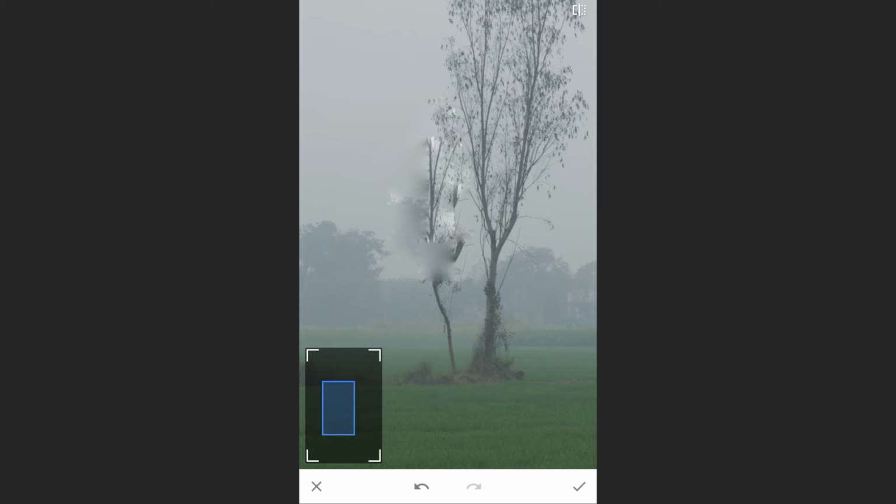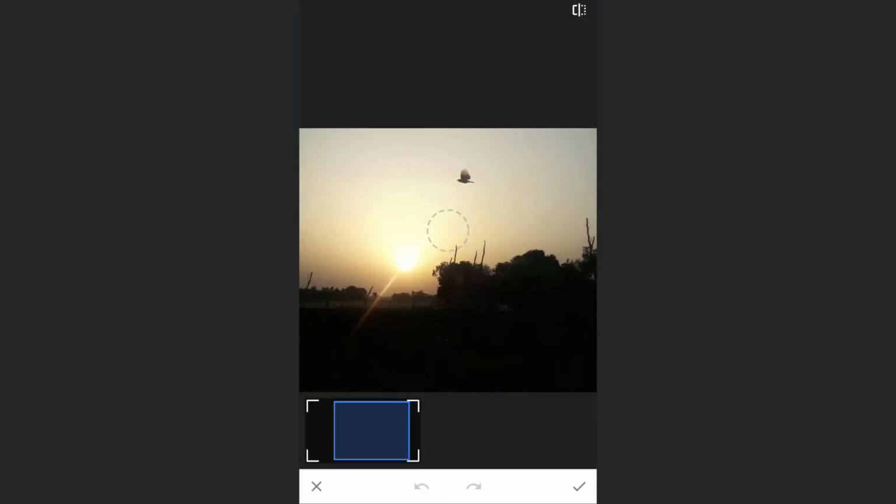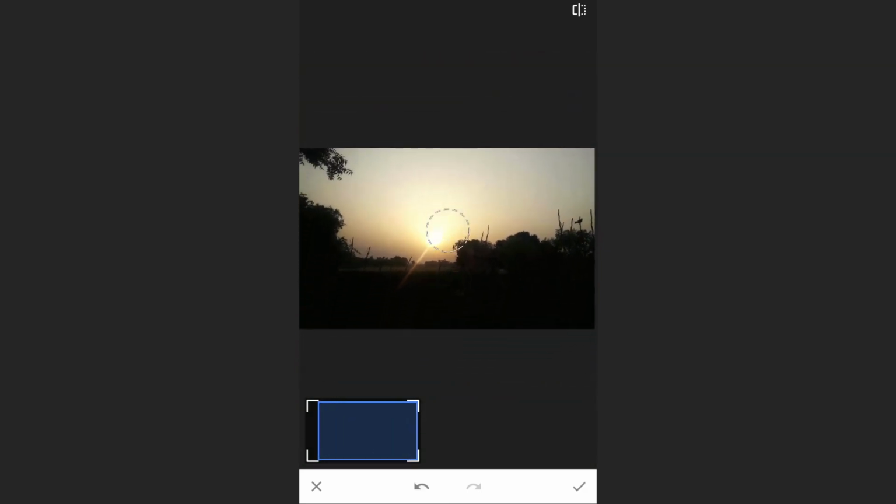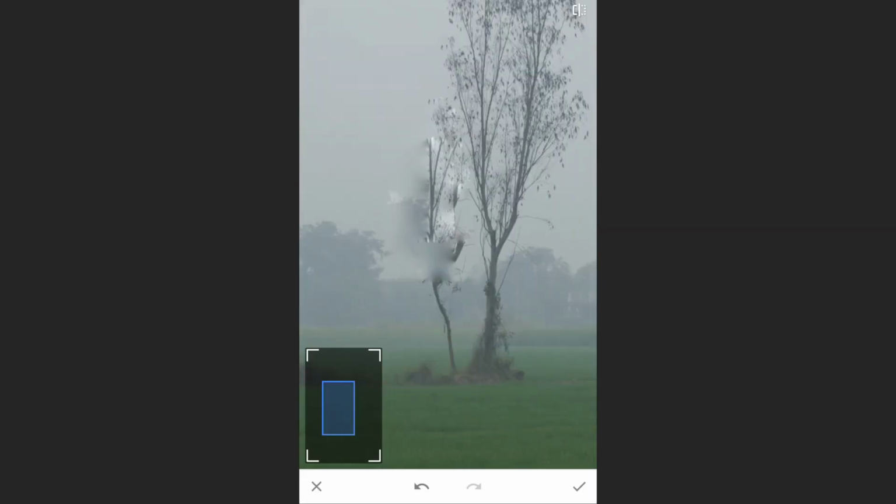You can remove simple things, but not the complex ones. Simple objects like a bird or a person can be removed from the frame, but complex things like a tree with a lot of branches are quite hard to remove. Also, if the background is flat, then the objects can be removed easily, as Snapseed will be able to sample easily. But if the background is complex and has a lot of things in it, then it will be hard